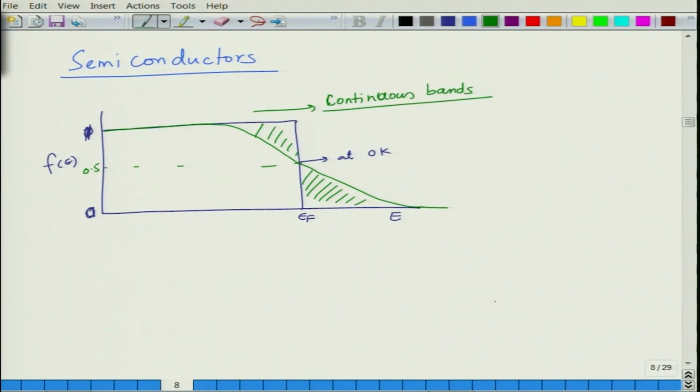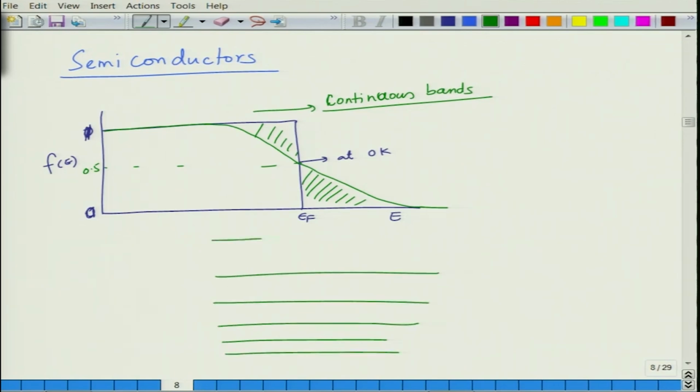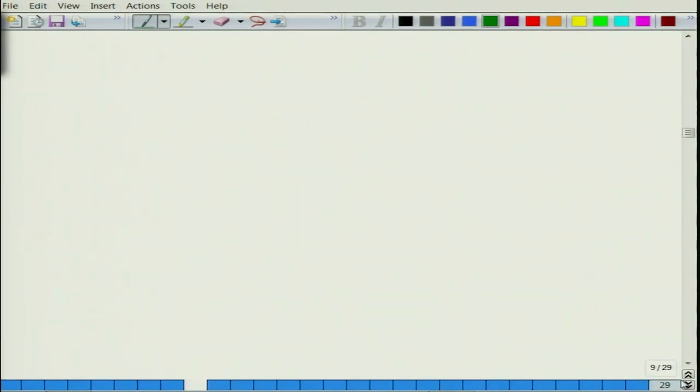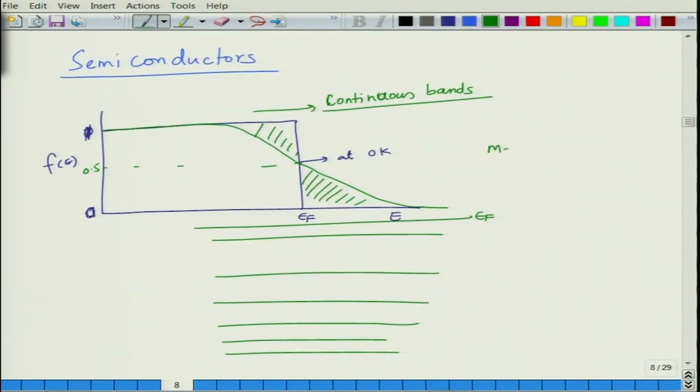Semiconductor on the other hand is different. If you look at these quantized states of energy, you have bands like these. At some point you will have Ef. Of course you have quantized bands, but there is no large gap. These gaps are smaller, as a result the electron can get energy and then it can move around in those energy levels. In semiconductors what happens is that, you can say in metals